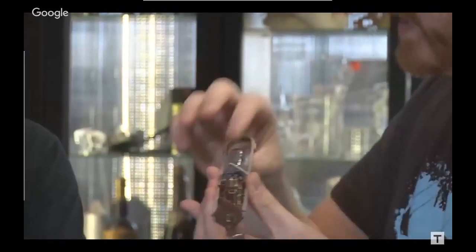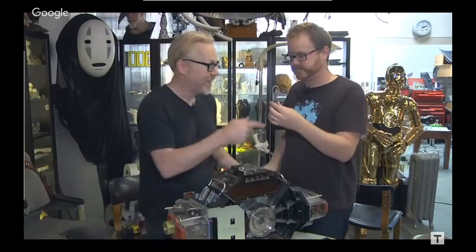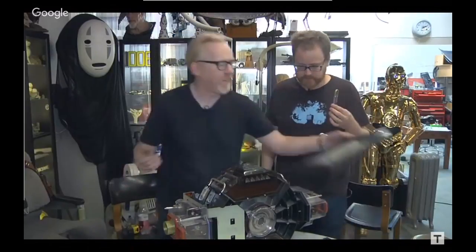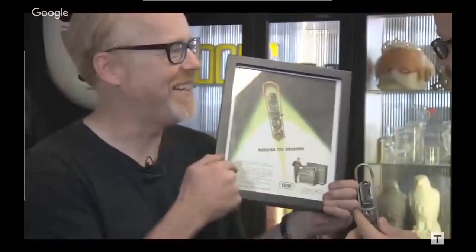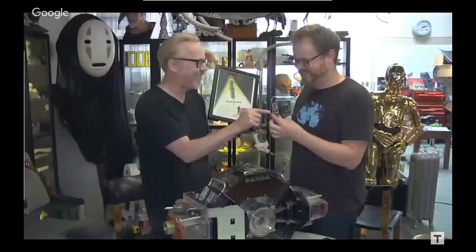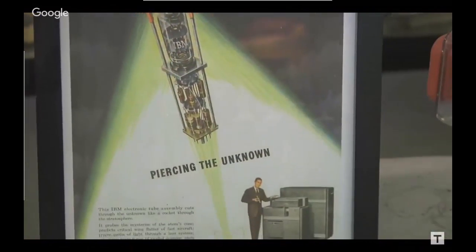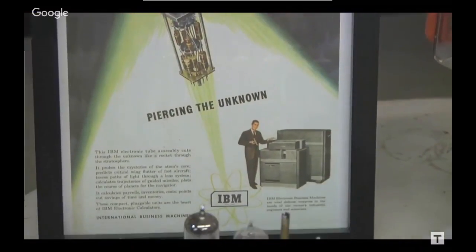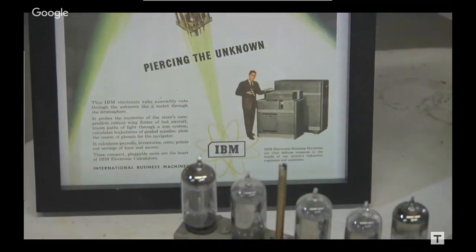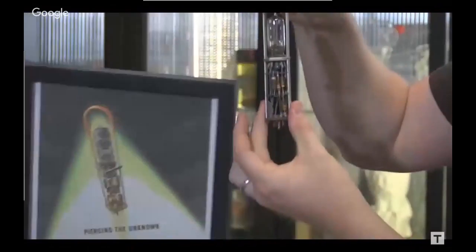Absolutely. This is interesting because they could replace it. Instead of replacing the tube, when the tubes would blow, because that was what happened with this kind of memory in the old days, you'd have to go in, turn the machine off, find out which one was blown, pull it out and put the new one in, right? Exactly. And this innovation of being able to pop it out and fix it one bit at a time was actually, I bought the magazine ad that celebrates this unit. Look at that computer, it looks like a washing machine. And this is probably 1 kilobyte, right? This is probably a 1K computer. And just to be clear, the innovation is it has a handle. That's it. That's the handle.